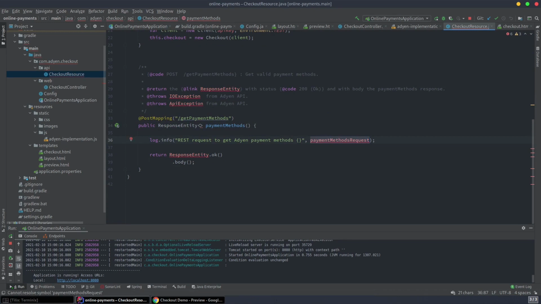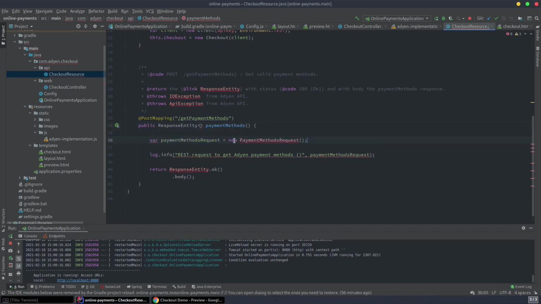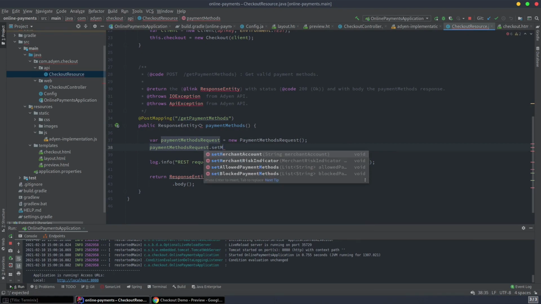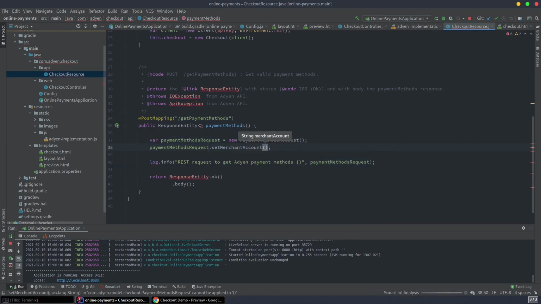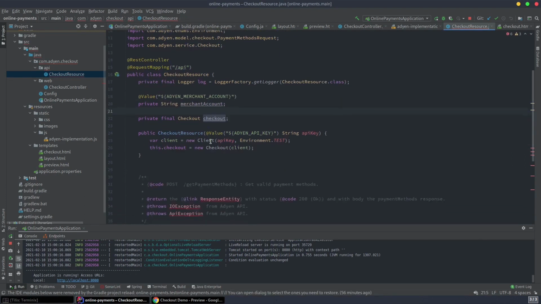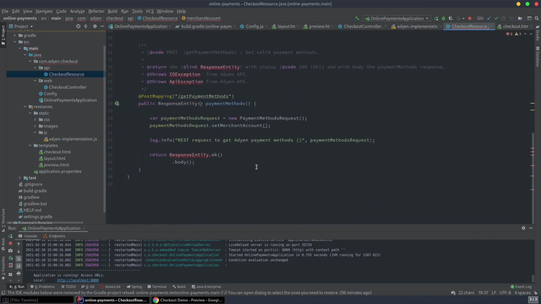So we now need a request. So let's create a new payment request. Okay, so this is the Adyen payment request. So let's set merchant account. Yeah, we didn't define our merchant account, so let's go ahead and define it as well from environment. This will be loaded from environment as well. So we have a merchant account here,